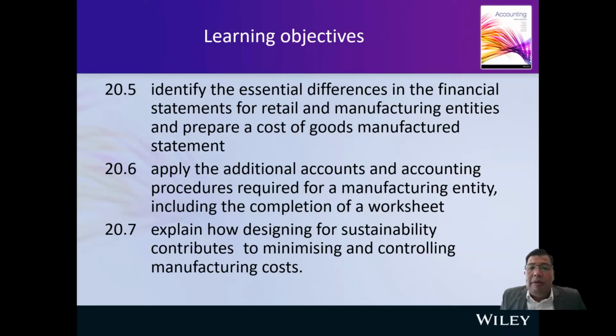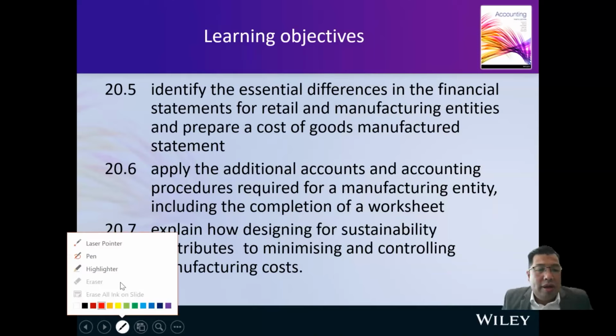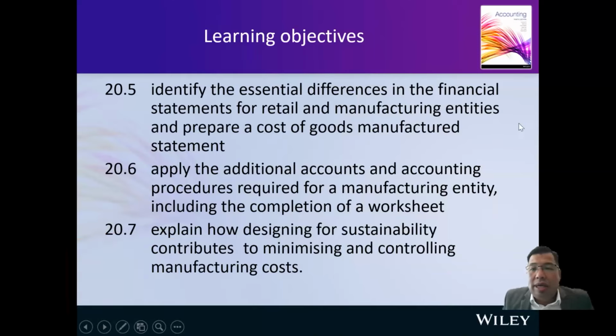Number five, I'm going to identify the essential differences in the financial statements for retail and manufacturing entities and prepare a cost of goods manufactured statement. That is a statement there, the cost of goods manufactured statement. Can I just use a shortcut for this? Just write down, I call it